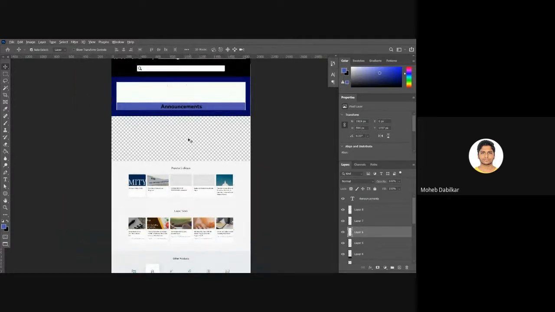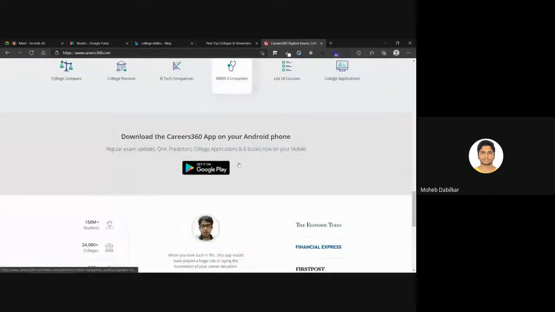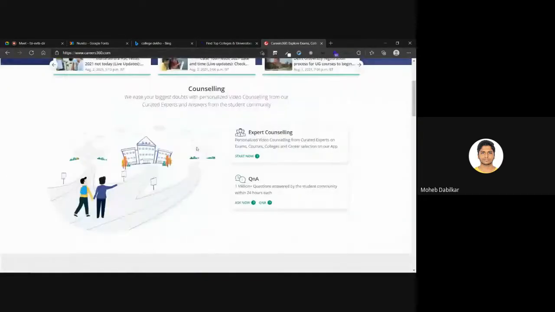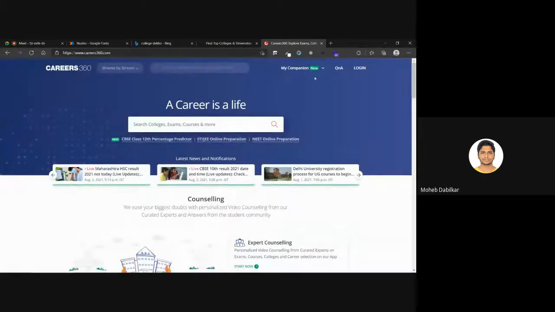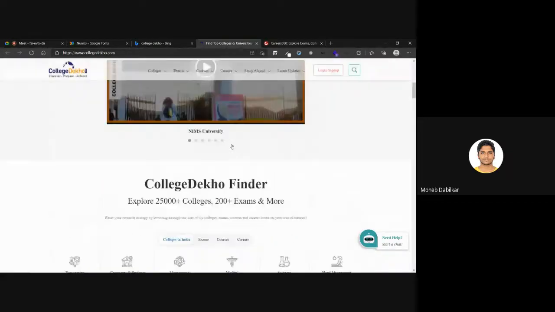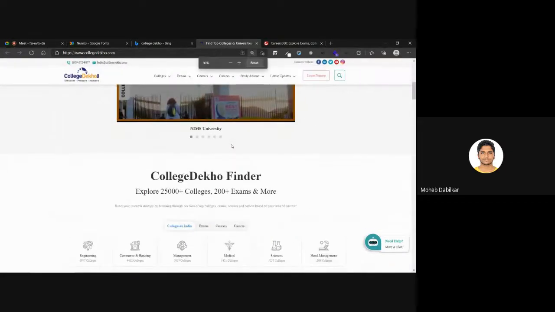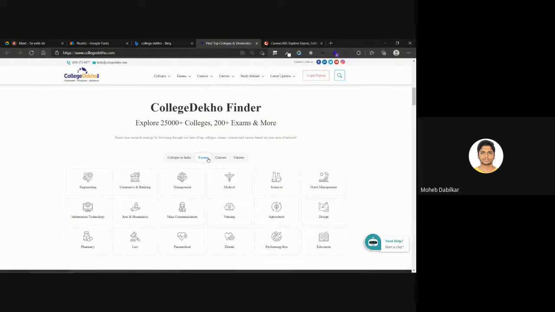Okay, we still need to fill in this space. So what we can keep over here is, we are not making an app as well, so let's just not do that. We have the counseling part. We should be able to find something. So these guys have a finder as well. Nice. And it takes a lot of space. Okay.